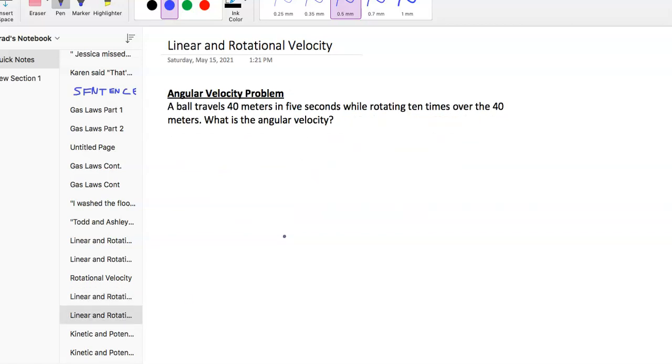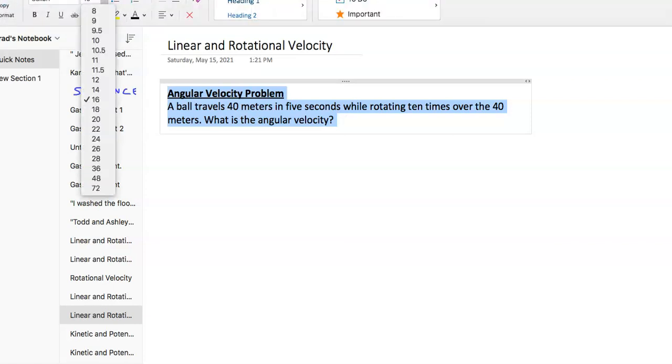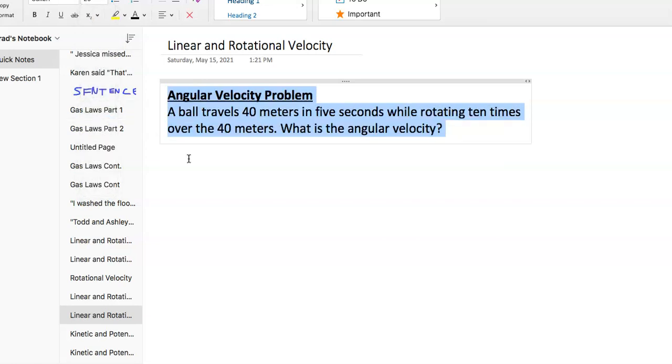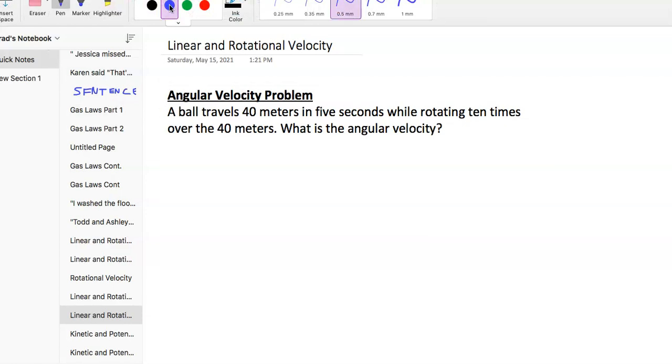And then angular velocity. Let's see if we can make this a little bit bigger, maybe. we do that? Take me home. Okay. I just like make sure everybody can see it. Okay, there we go. And give my pen back. I like the thicker one. All right. So ball travels 40 meters in 5 seconds, rotating 10 times over the 40 meters. So exact same question, right? And then they want to know what is the angular